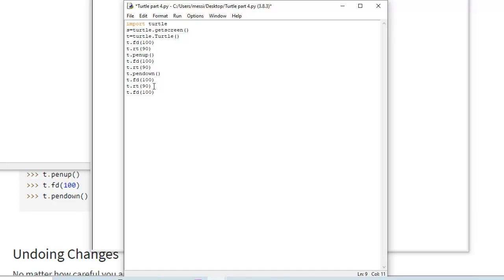If I want to continue to go back to the original, I can say here T pen up, and after that I can go forward, and if I want, even T right 90 degrees to make it ready for anything else. And after that, if I want to continue, at the end I can say pen down in case I want to continue with something else. So let's see the difference now. If I run it,